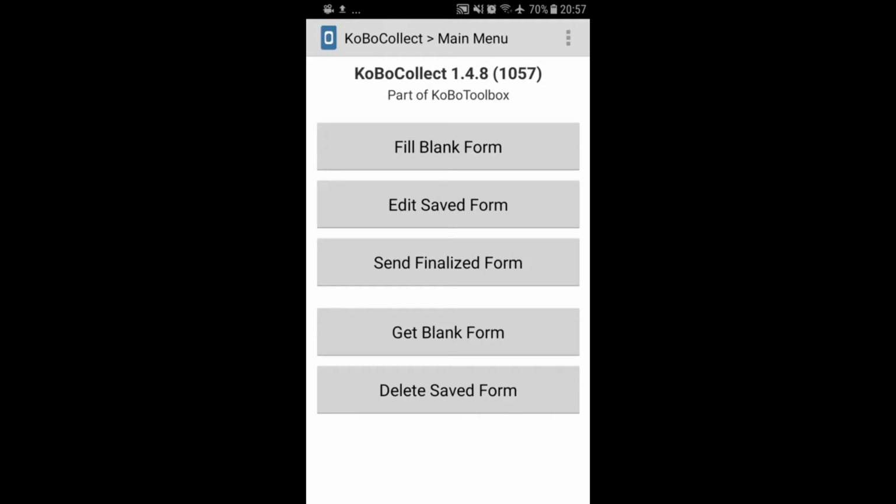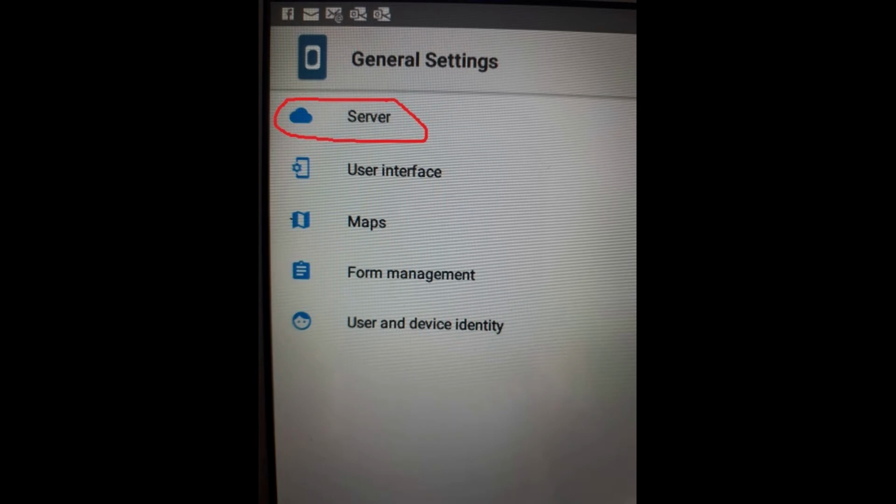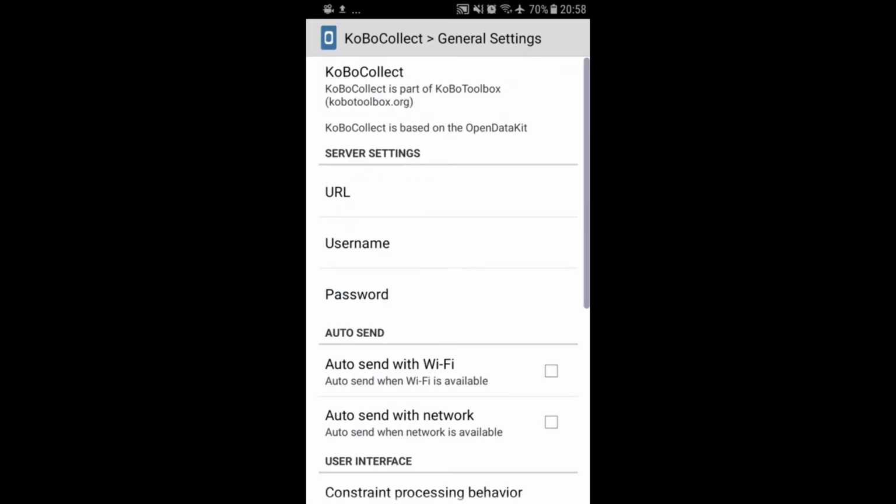This is the Kobo Collect main menu. As you're aware, you can see 5 different options. Filling blank forms, the first one, is the one you press to fill blank forms. You have already downloaded it. But first, we need to download the forms, and to download the forms, we need to configure the server. To do that, you press the 3 dots in the upper right corner and press General Settings. In some cases, you'll see this option first, then select Server. Under URL,